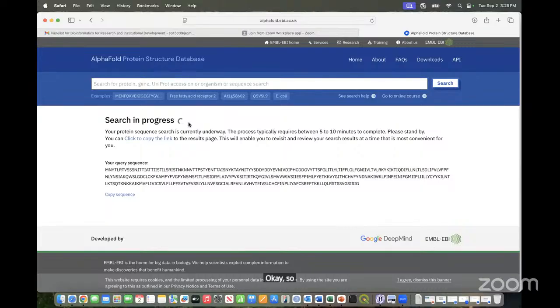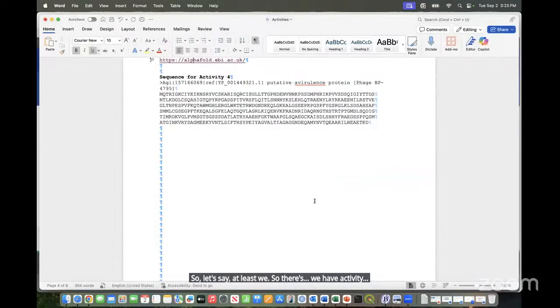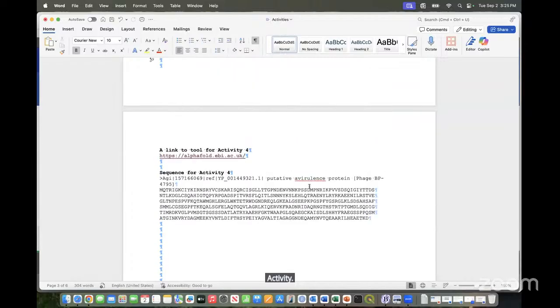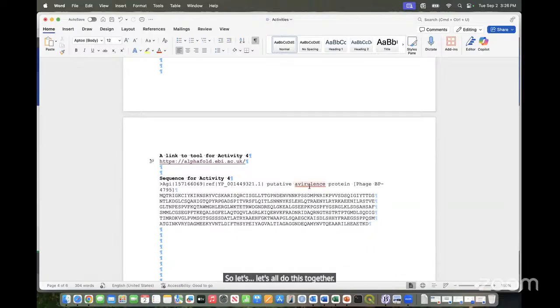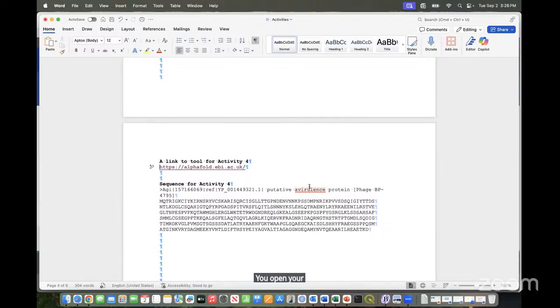Okay, so meanwhile we're waiting for this, let's do an exercise here. Let's say we have activity 4. Yesterday you downloaded this file called activity, okay? So let's all do this together. When this is done, I will explain, but let's do this together. Open your activity file that you downloaded yesterday,